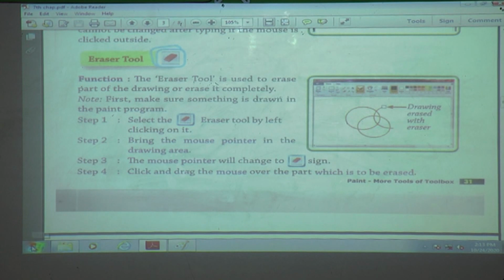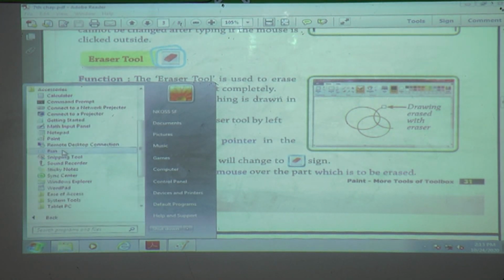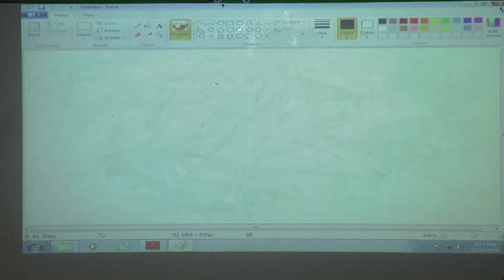We will see how to open Paint. Click on the Start button, All Programs, Accessories, and then Paint. We will draw a circle.